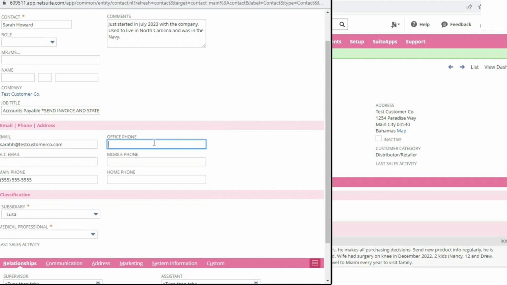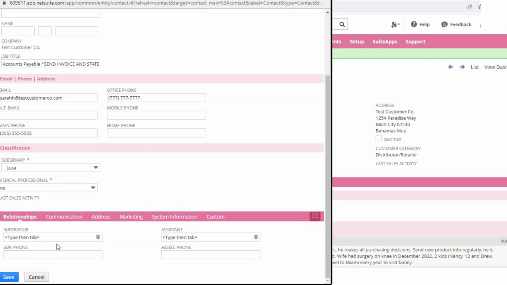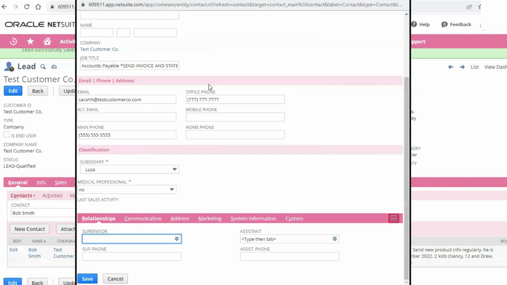So don't forget to add more details, more contact information, and then let's say her supervisor is Bob Smith. So you can get his phone and whatnot.